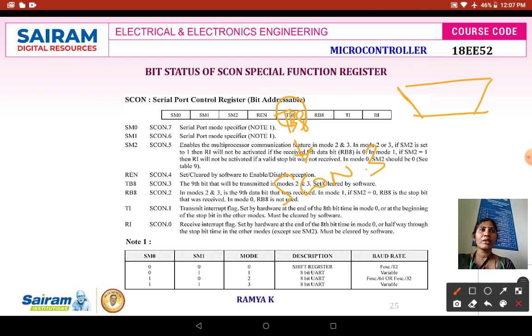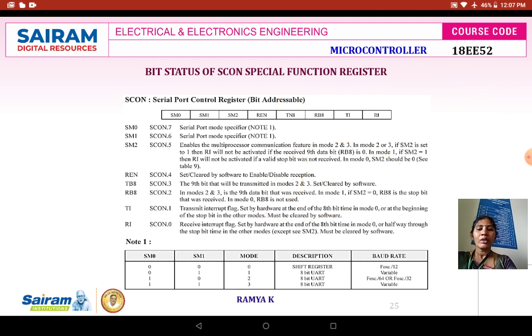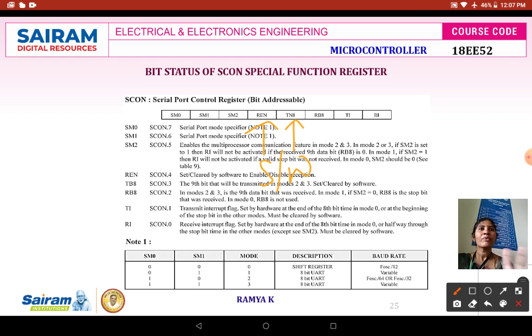So the 9th bit will be transmitted in mode 2 and 3. This is also cleared or set by means of your software. You are not going to do anything manually with respect to TB8. This REN and TB8, both will be set or reset only by means of software. We are not going to do anything with respect to hardware.